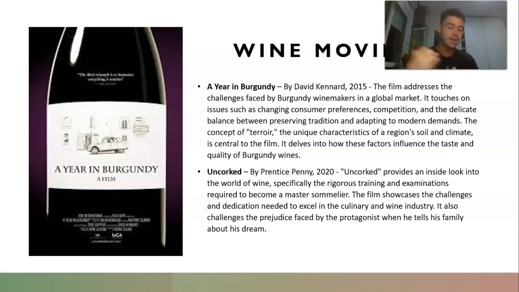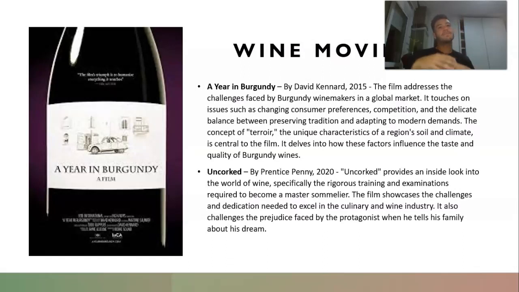So I learned a lot from that movie actually. I visited some vineyards and the Museum of Wine in Portugal, and a lot of the things I saw there, I saw related in the movie. It's pretty cool. And this last one, the last movie we had to watch was Uncorked by Prentice Penny, 2020. It's on Netflix. It was the easiest one to find actually. It's a Netflix production, right over a little bit in the COVID-19 area.